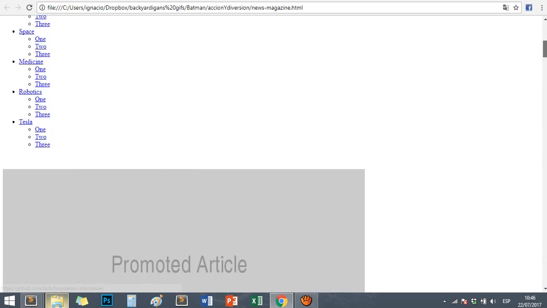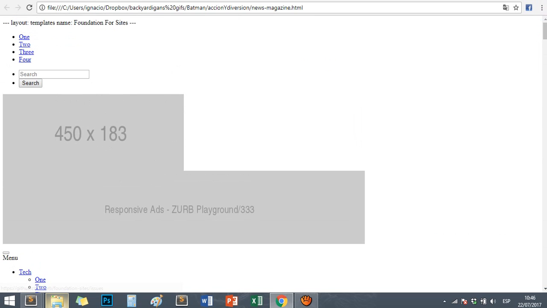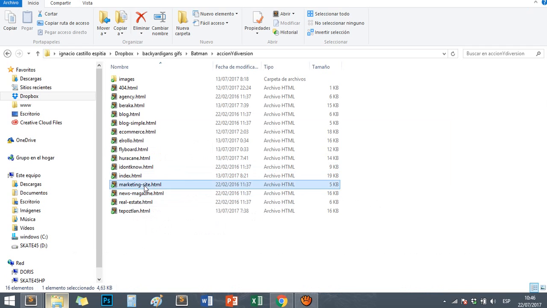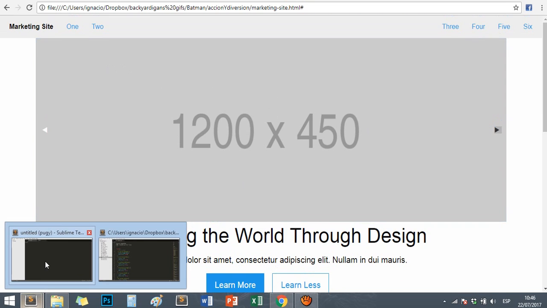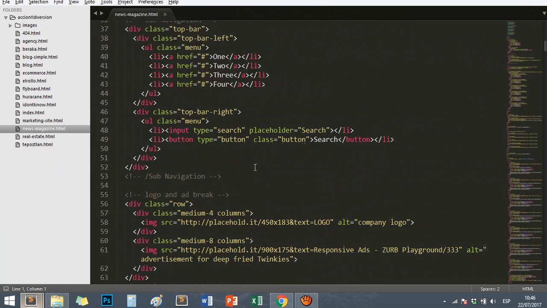It has these styles. Let's see another one. Yeah, for example, this is the template. It's easy to develop when you have templates. Then you need to change and adapt some things. Well, these buttons don't work, but if we see here,